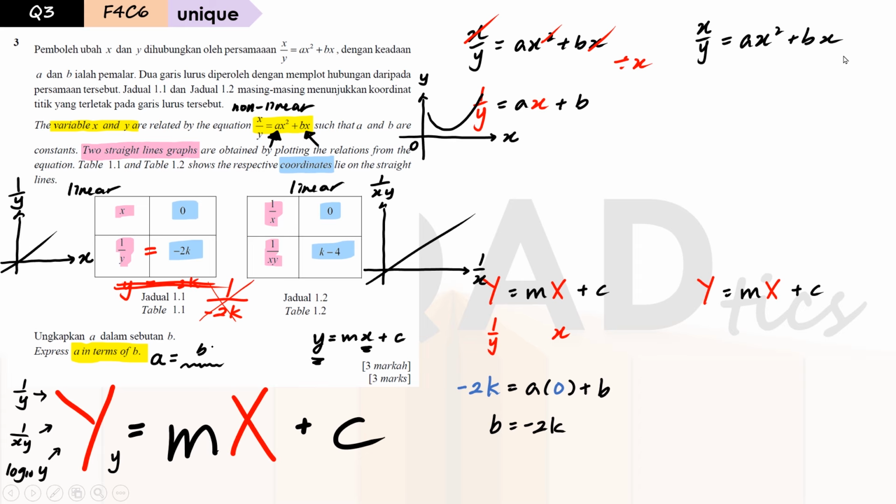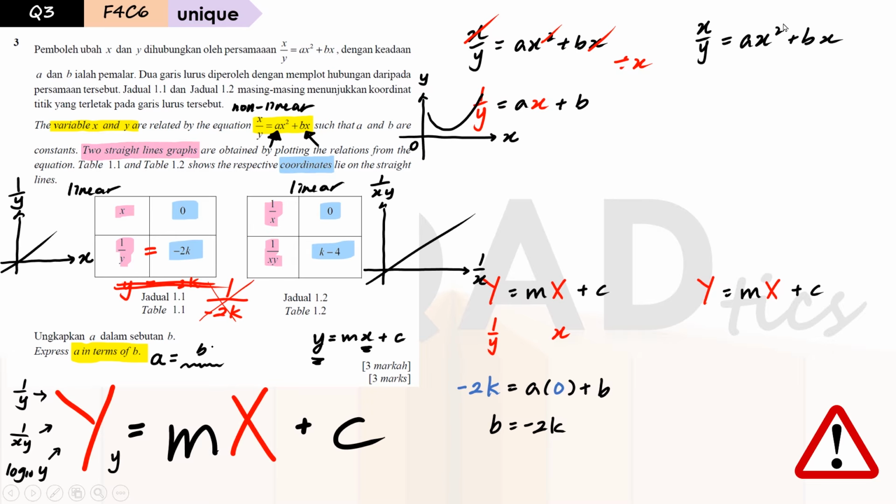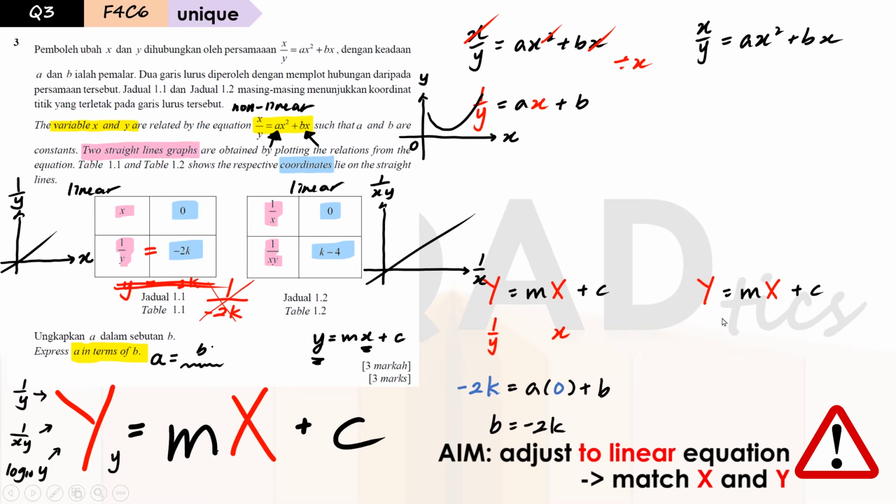So let's see for the second linear graph here, can we find out the value of a? Again, from the nonlinear equation here, we need to adjust it to the linear equation according to the axis here. So for the big Y here is 1 over xy. Big X here would be 1 over x. And same as the first linear graph, we are going to compare the things on the left side